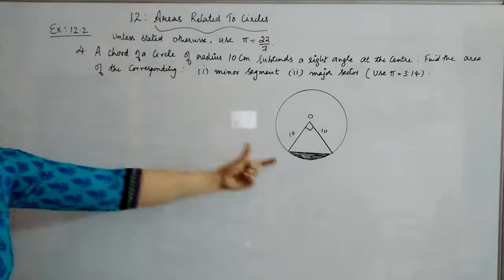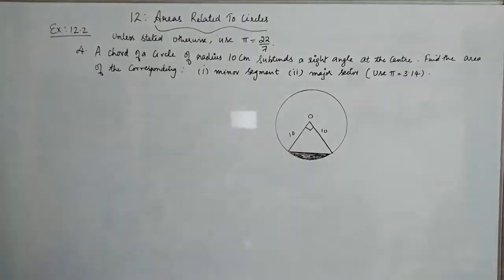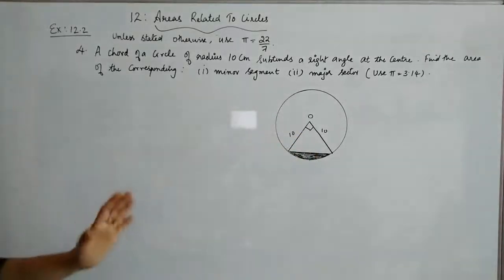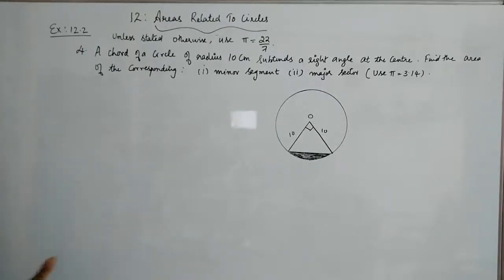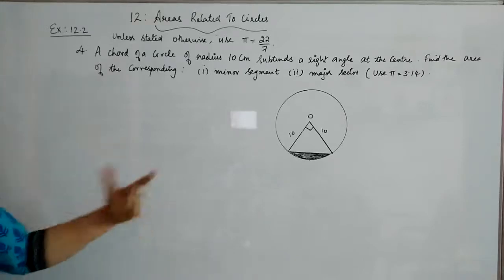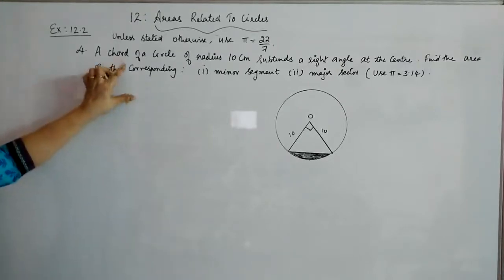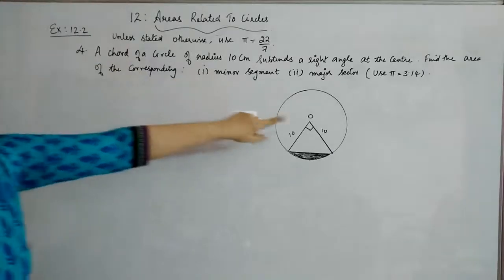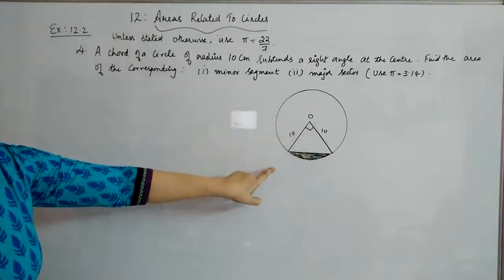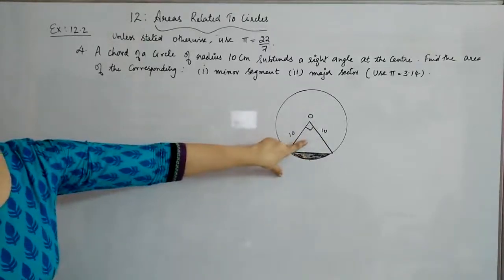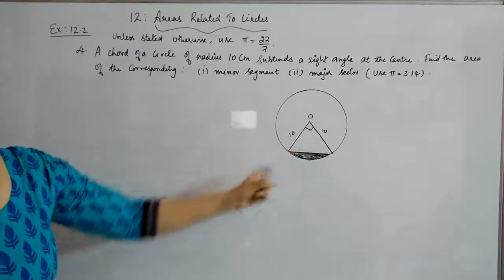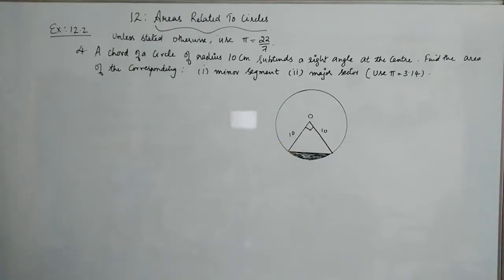It is given that the chord is subtending an angle of 90 degrees at the center. So theta is 90 degrees, or you can say it is a quarter part of the circle. So the area of the sector will be pi r square by 4. You can use directly that formula. Or else you can use theta as 90 degrees, and 90 by 360 will again give you 1 by 4. Now, in order to get the minor segment, first you will find out the area of the minor sector, and then subtract the area of the triangle. This is a right angled triangle, so you can use half BH here with both B and H as 10. Subtracting that we will get the area of the minor segment.